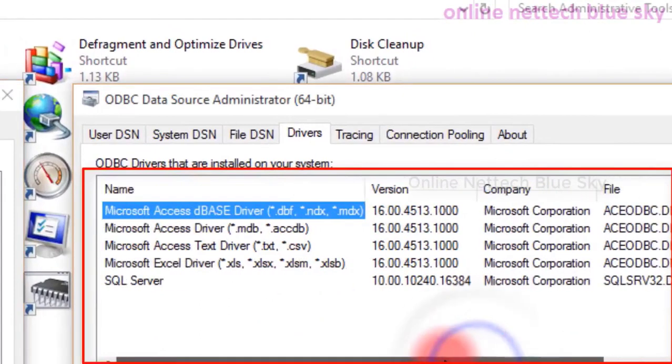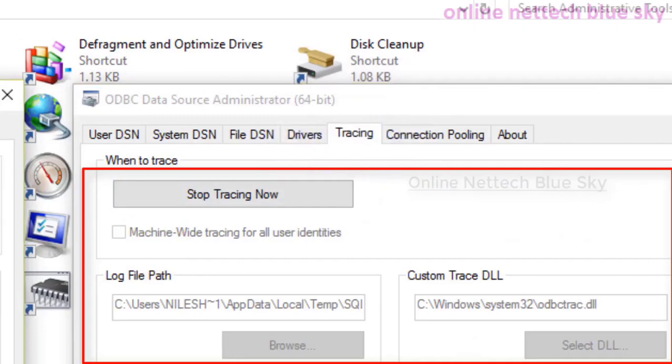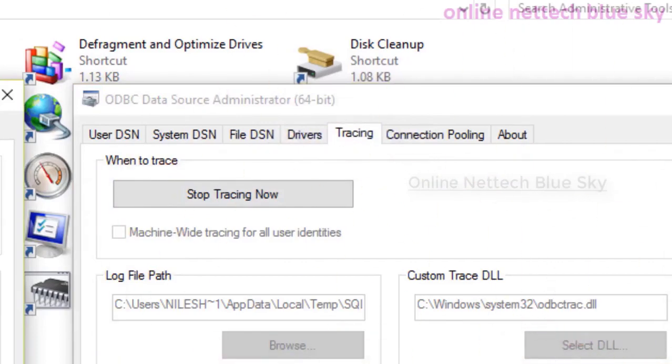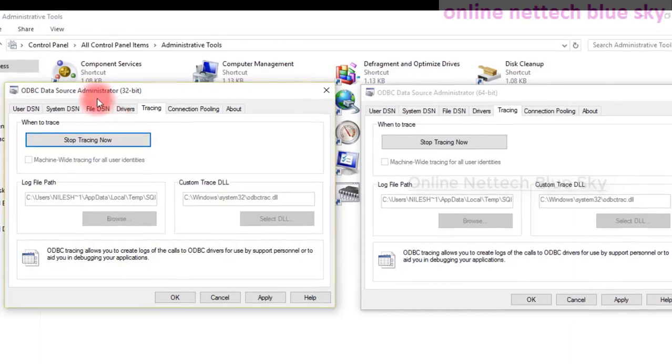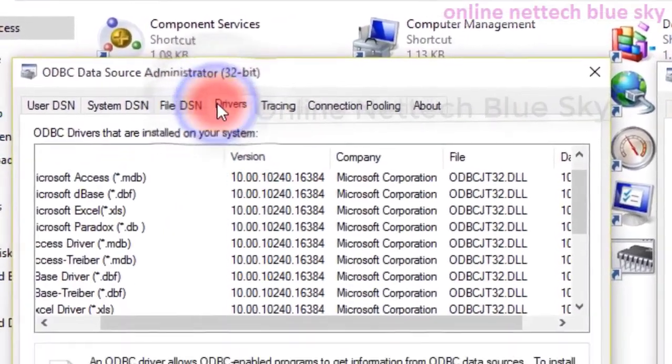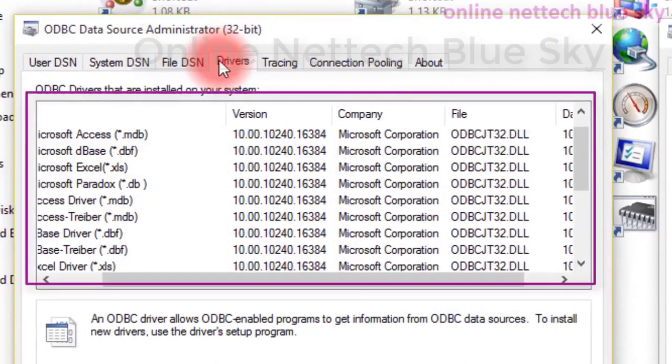So all the files go through tracing. Okay, so you can stop tracing and check your files in the custom systems here. Sometimes a file does not work and gives different types of errors. Why does it give an error? Because sometimes viruses corrupt your file and damage it, or maybe you deleted your file or your drivers by mistake. So this is very important among the administrative tools for finding your files.